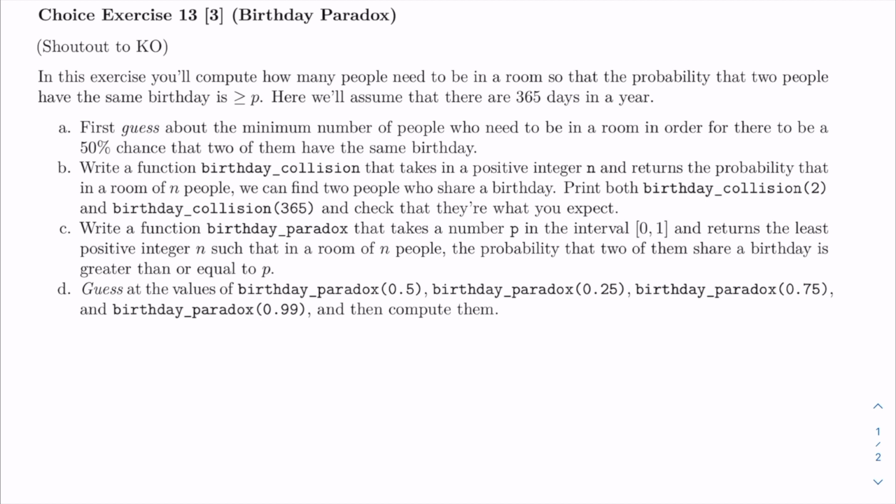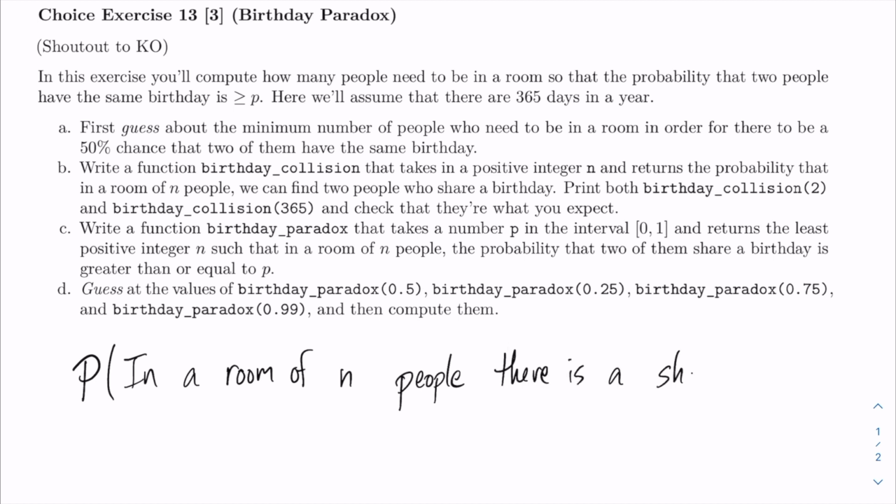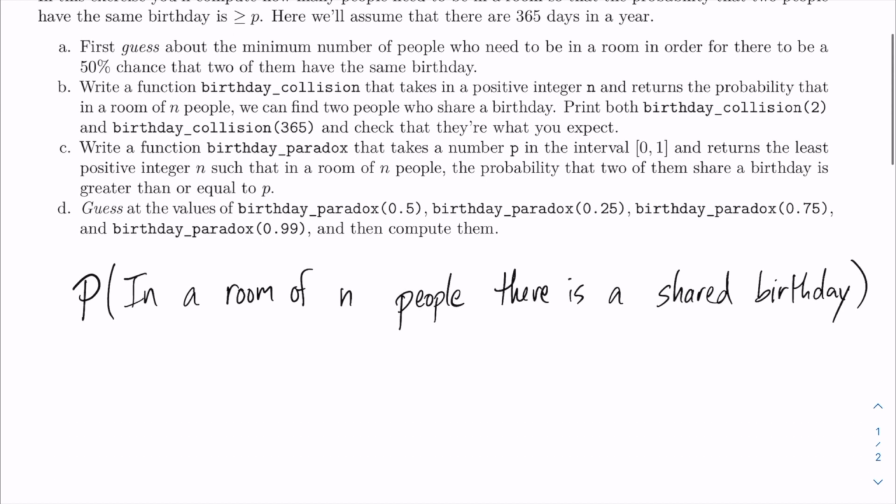So how do we compute this birthday collision? We want to know what's the probability that in a room of n people, two or more people share the same birthday. There is a shared birthday. Okay, and